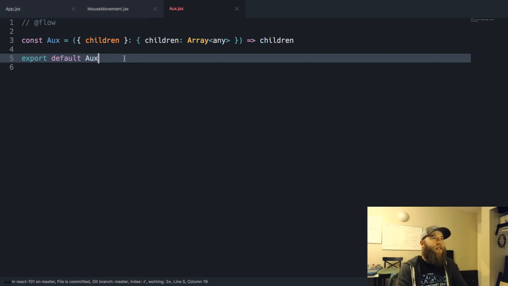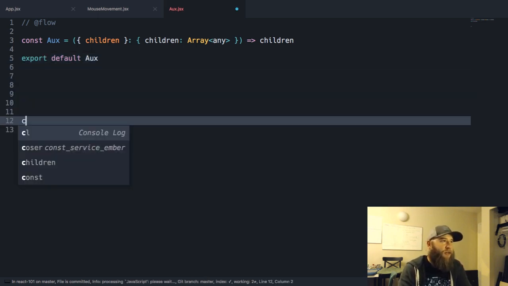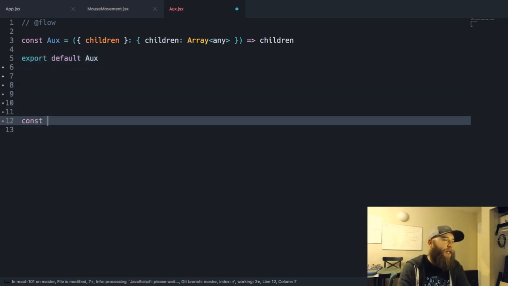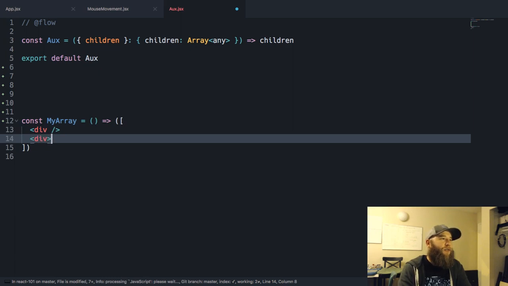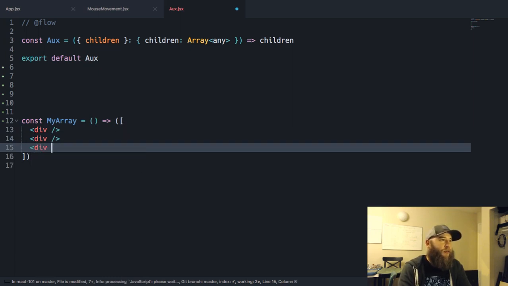And it avoids us needing to do stuff like, the reason you make this is so you don't have to have a function like my array, which is a function, but we're actually going to return like an array of components. So in this case, we'd return div, div, div.